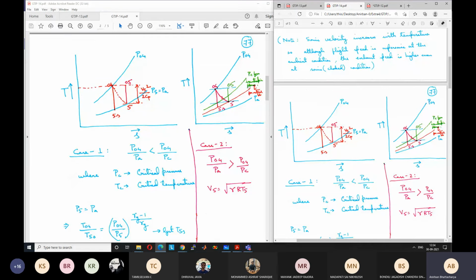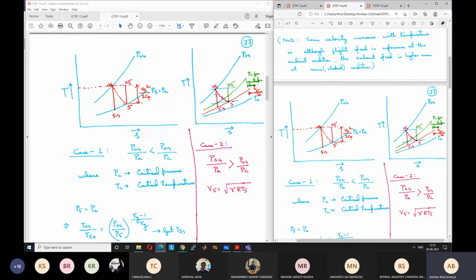So the change in enthalpy in this case is H04 minus H5. Remember that even if there are frictional losses, the stagnation enthalpy does not change, because frictional losses themselves manifest as heat. So we'll get less kinetic energy, but the overall enthalpy in the nozzle will still remain the same. So H05 is equal to H04. But what has happened is that instead of going from 04 to 5S as for an ideal case, we are going from 04 to 5 for the actual case.